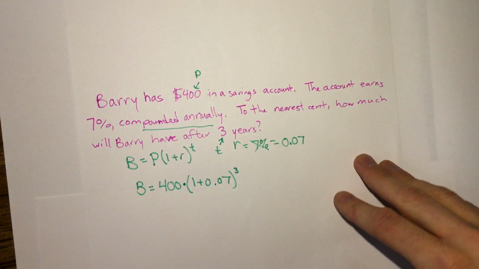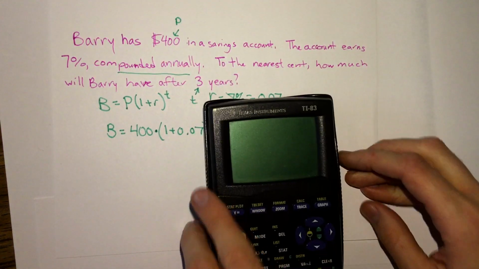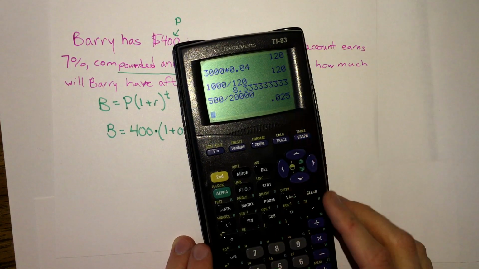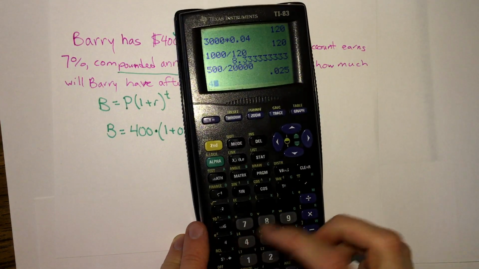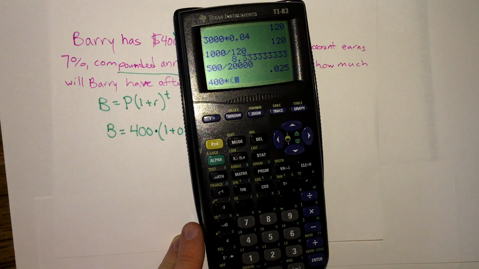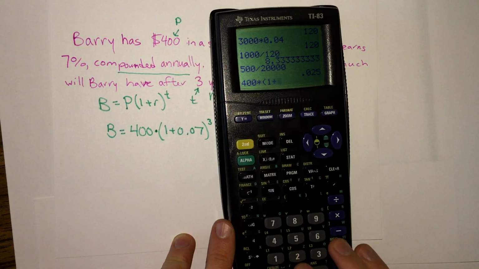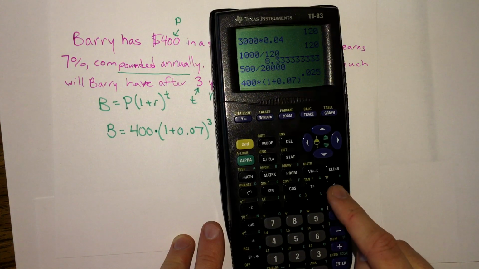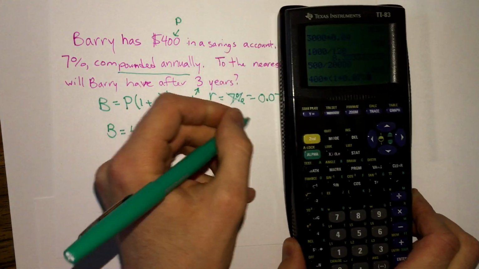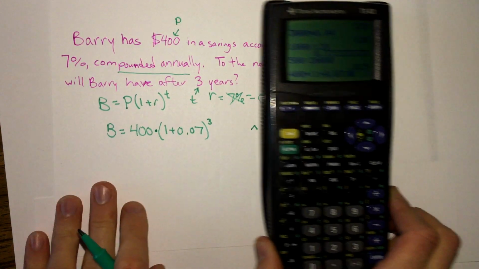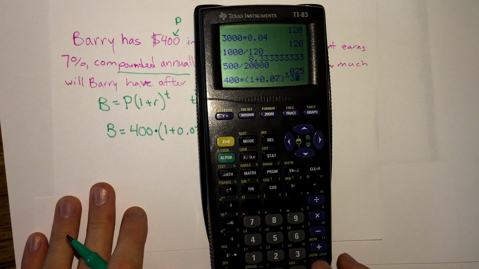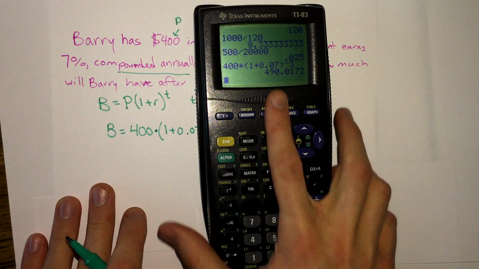And we can plug that in our calculator. So in a scientific calculator or a graphing calculator, you can write 400 times, parentheses, 1 plus 0.07. We'll close our parentheses, and we hit the caret button. It should look like this button here. We'll hit that caret button, and we'll put to the third power. And we get our answer,